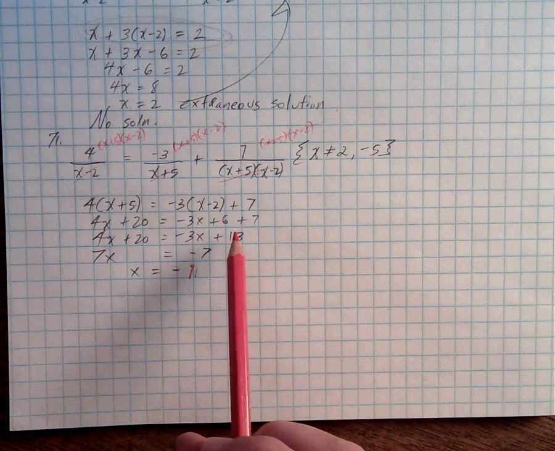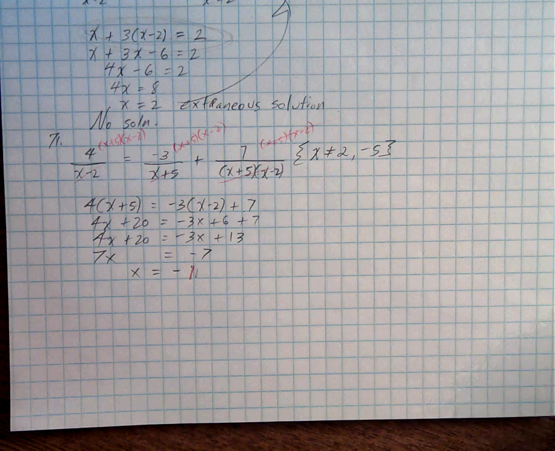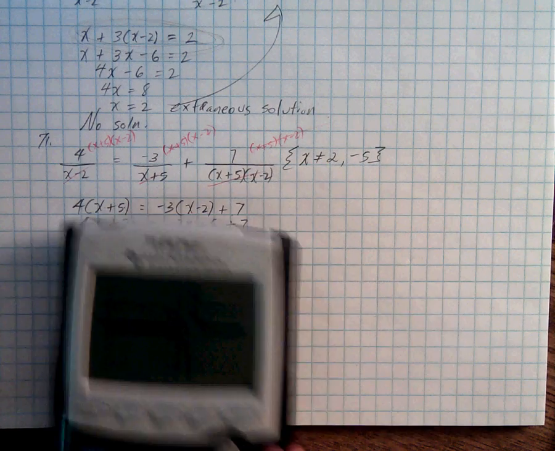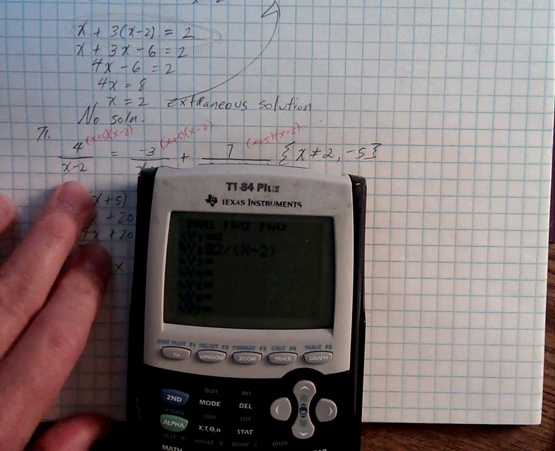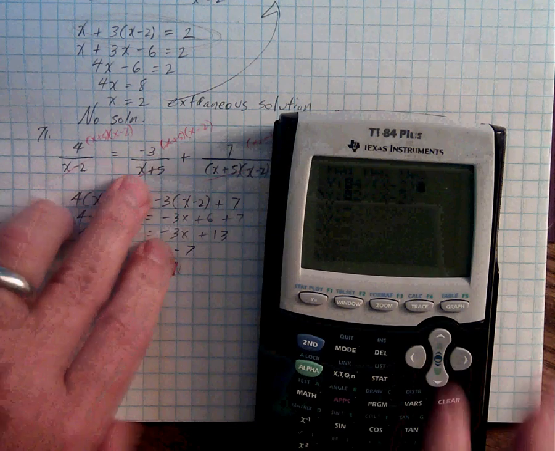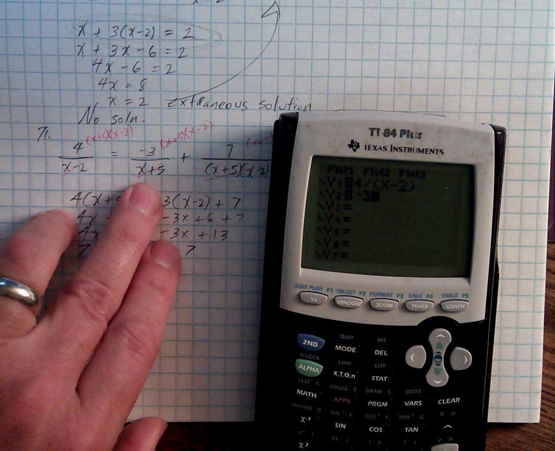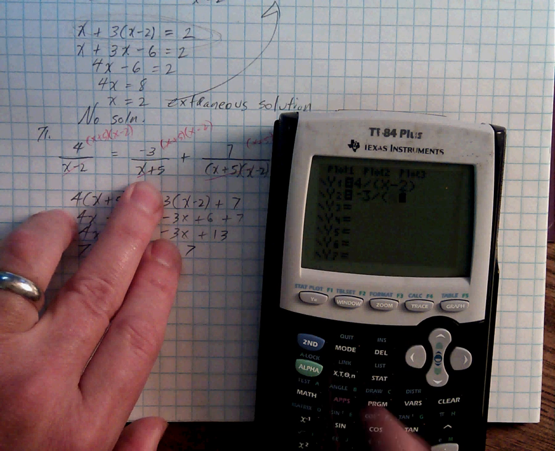Of course, it doesn't give me an answer, but we could graph it and see. It's going to be quite complicated, though. Let's go ahead and graph it. Try to do it quickly. So 4 over x minus 2, and then the other side is -3 over parentheses x plus 5,